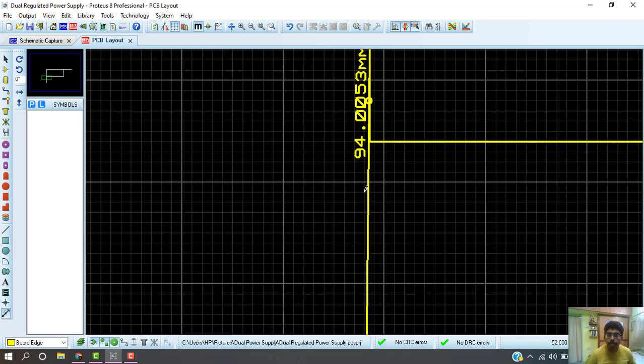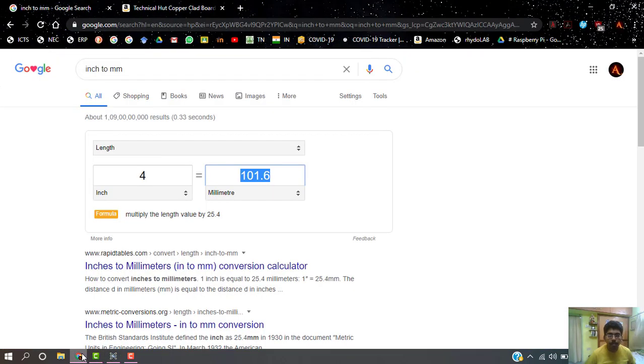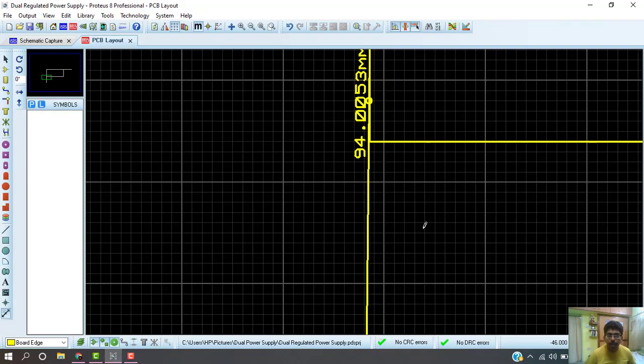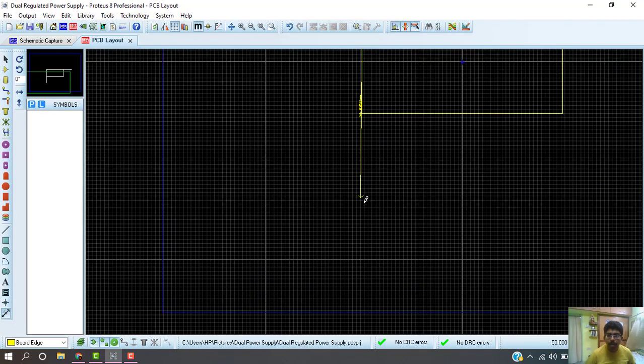Okay, the line is slanting, it's not a problem. You see it is 94.005. We need 101.6. Okay, we again try to increase the breadth.